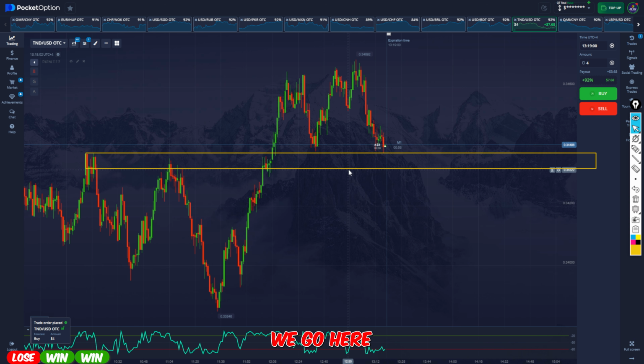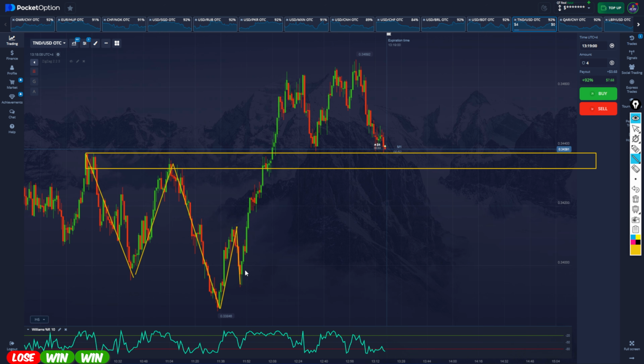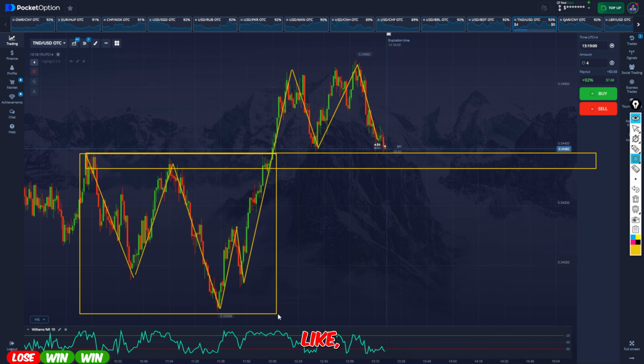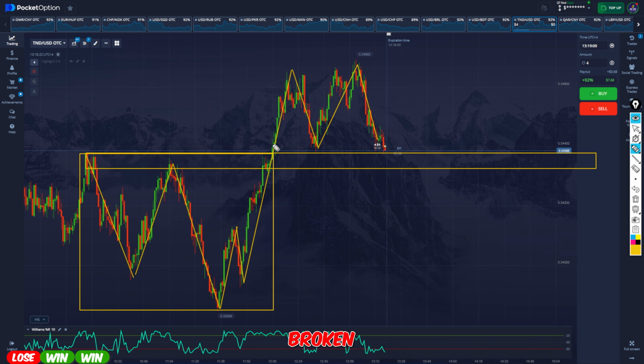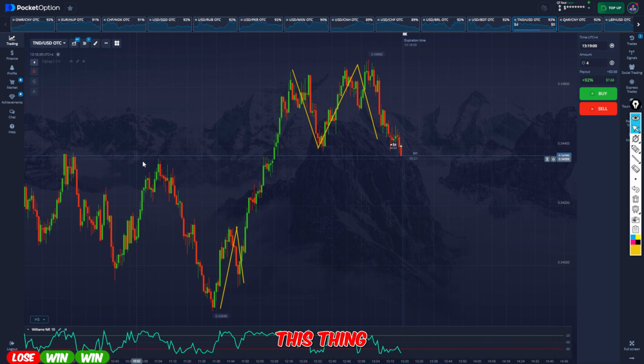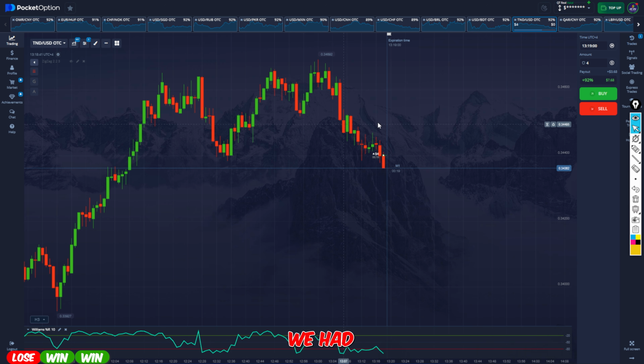Okay, I will go here with the buyers because we have a decision point. Okay, and you see guys, this decision point, because we had a range market, and this market has been broken from here. So yeah, I'm pretty sure that inside of this we have a decision point. So this is one of these things, and also we have here guys,